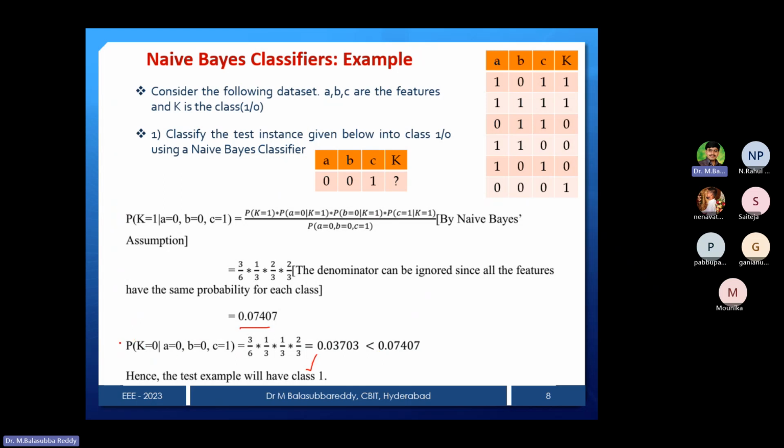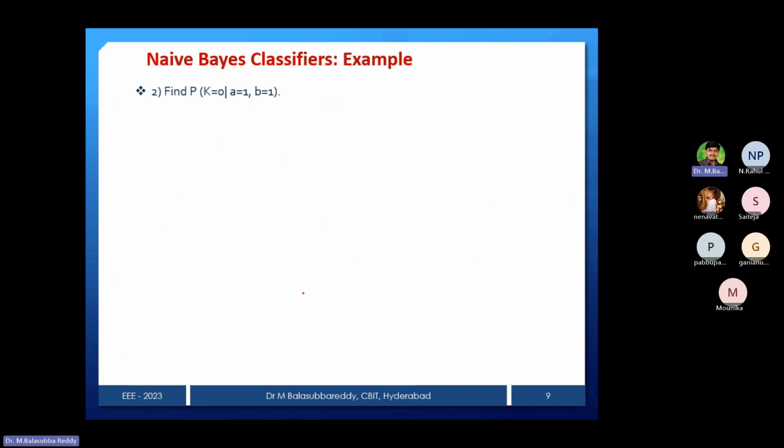0.07407 is at k equal to 0 instant, and hence the test example will have a classifier 0.0407 at k equal to 1. And in the k equal to 0 case, you got only 0.03. Then which one is more? The probability of getting k equal to 1 is more. That's why the example with this data, when new data comes, we can classify into class 1. And another bit they also asked,